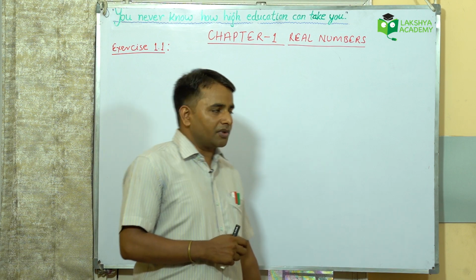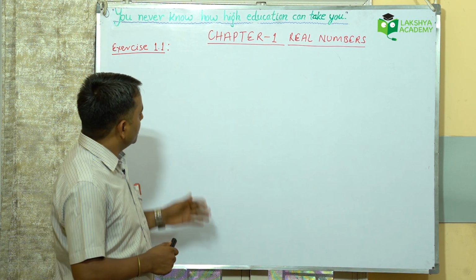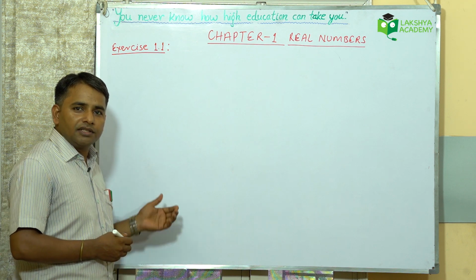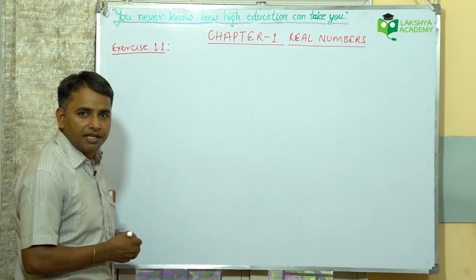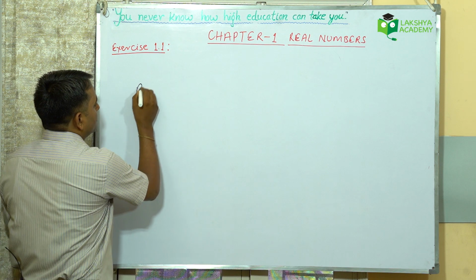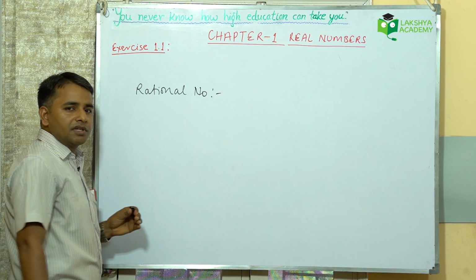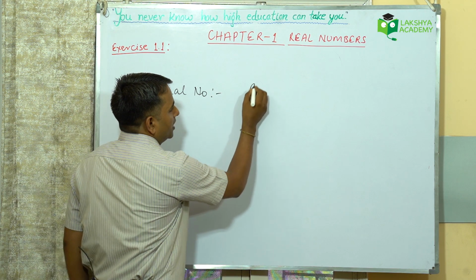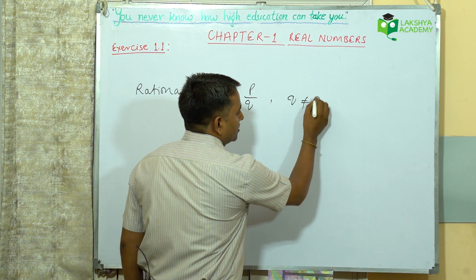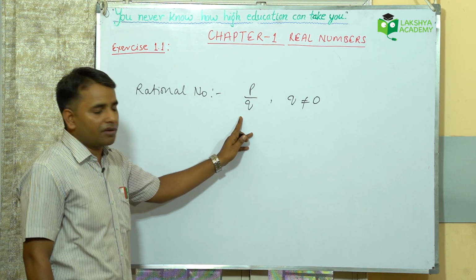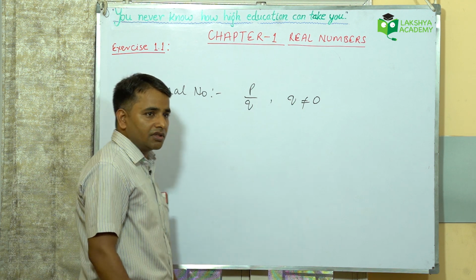So today, just to start with, for the maths of class 10th, the first chapter we will be starting is Real Numbers. Just a quick recap, in class 9th you have learned about integers, rational numbers and irrational numbers. Rational numbers are numbers that can be expressed in the form p by q. Here we take the common assumption that q is never equal to 0. Q means the denominator. So any number having p by q form, or the fractional form, should not have the denominator equal to 0.